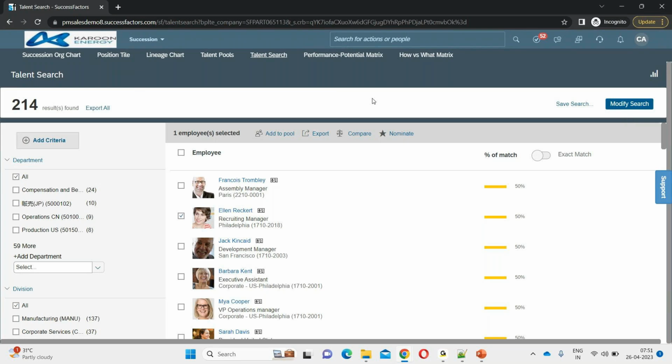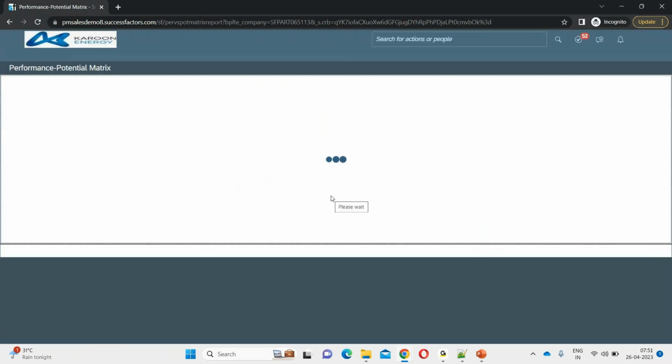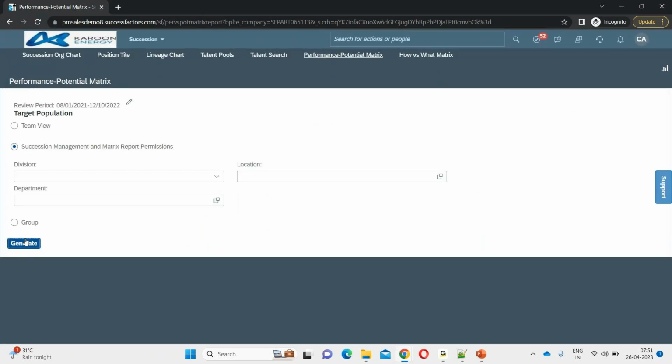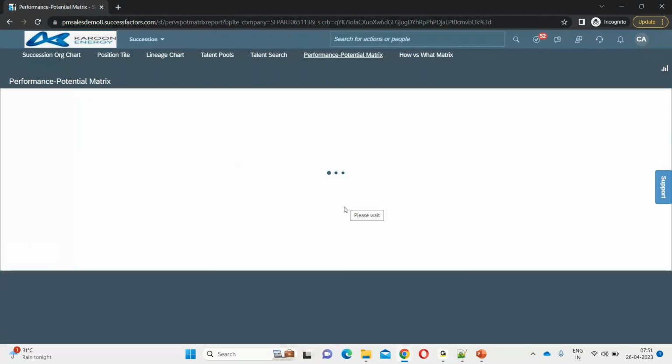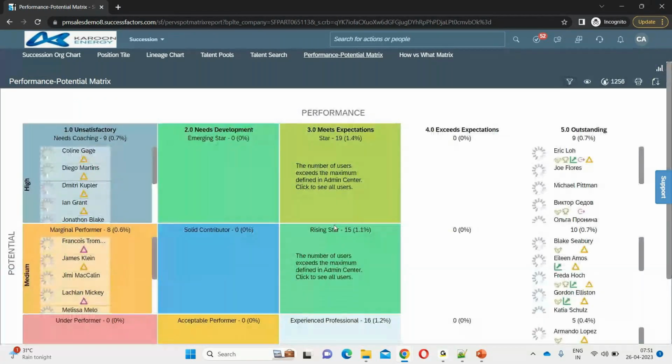Okay. Now there is one more tab which is also very, very important. Why? Because this is integrated with our performance management also. So we have this 9 boxes, or here I can say 15 box also. So here in succession planning is fully integrated with